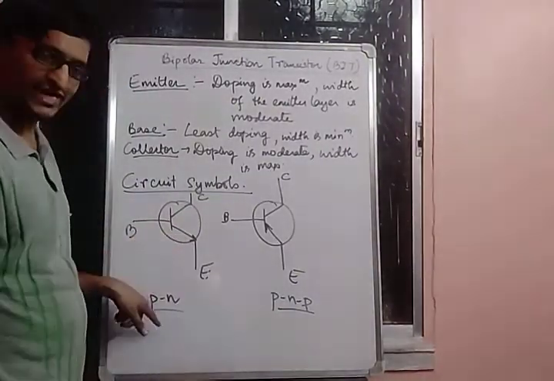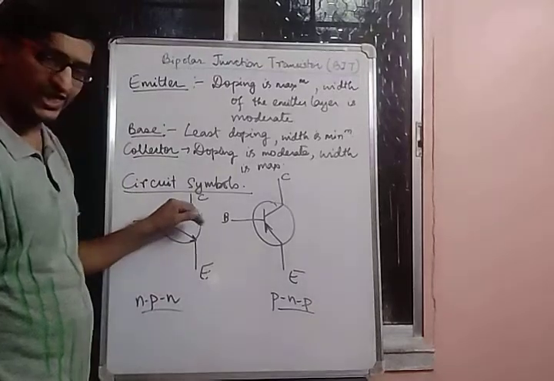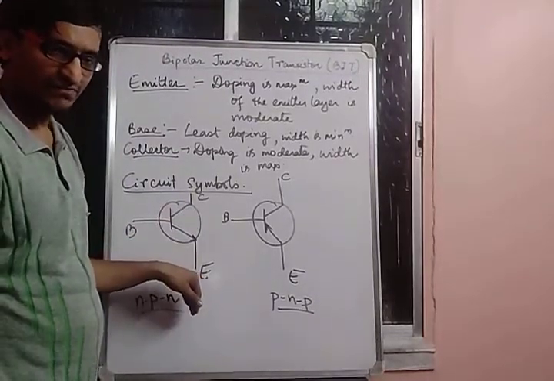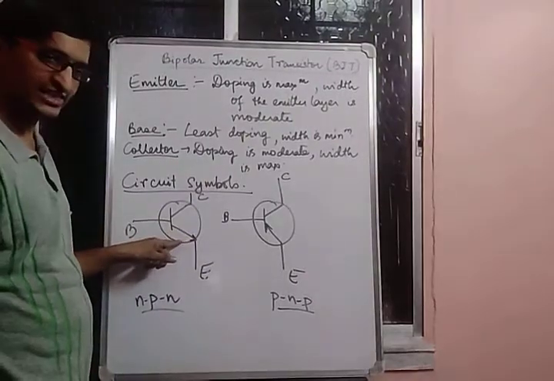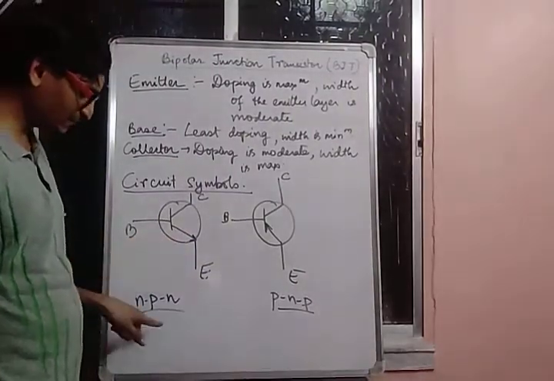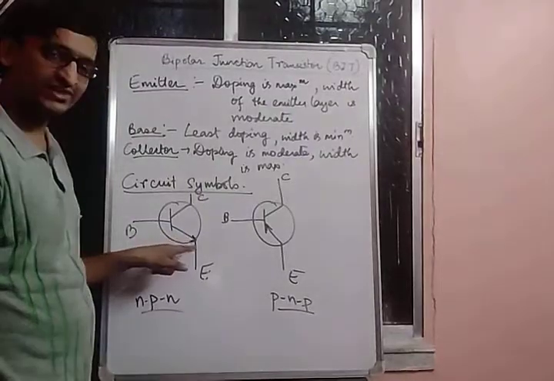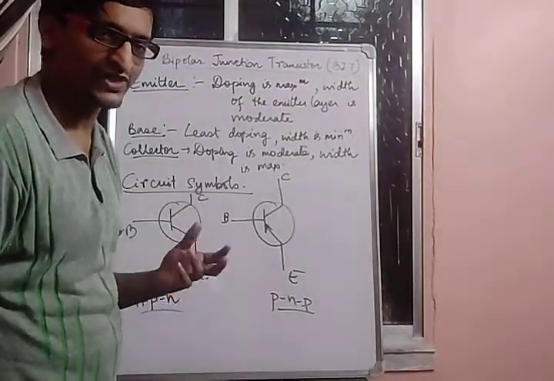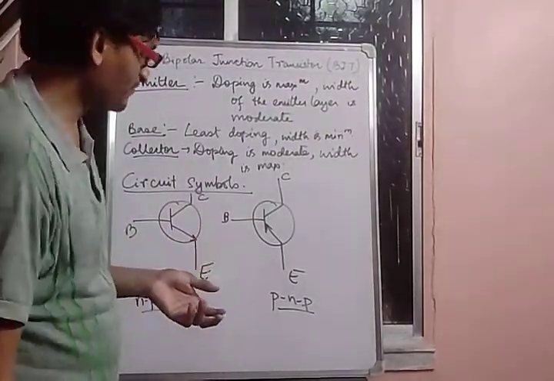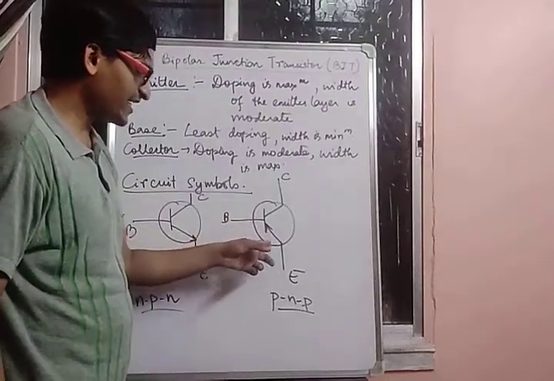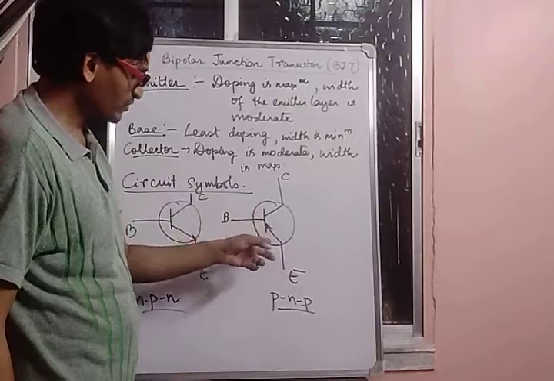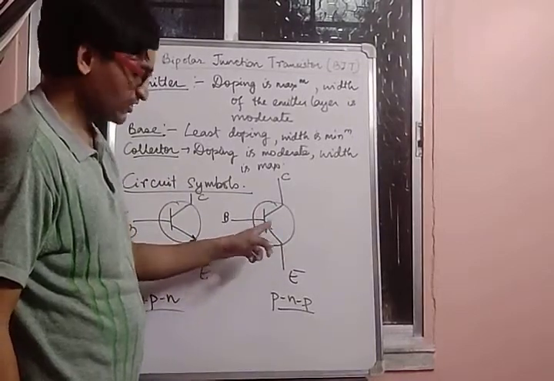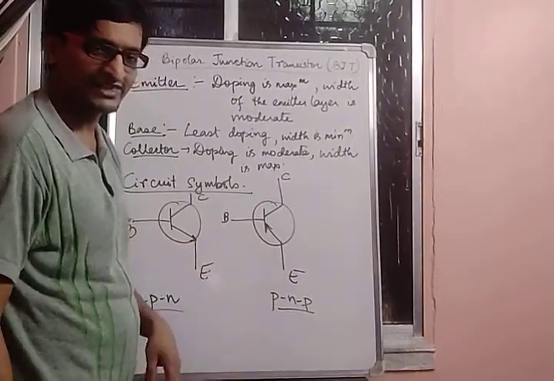In case of an NPN transistor, current is flowing out of this emitter terminal, so for that reason this direction is going outward. So this is a symbol for an NPN transistor. The arrow basically represents the direction of the flow of the current through the emitter terminal. In this case current is flowing through the emitter terminal inside the BJT, so that means the arrow is inverse. So this is the symbol for a PNP transistor.